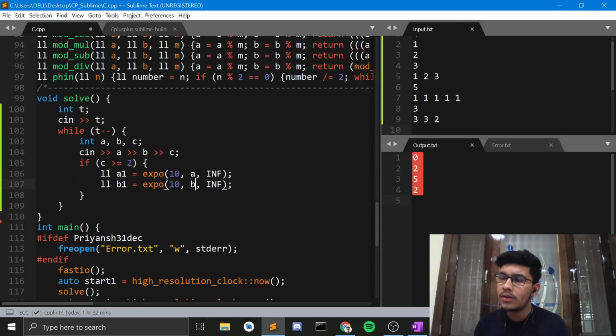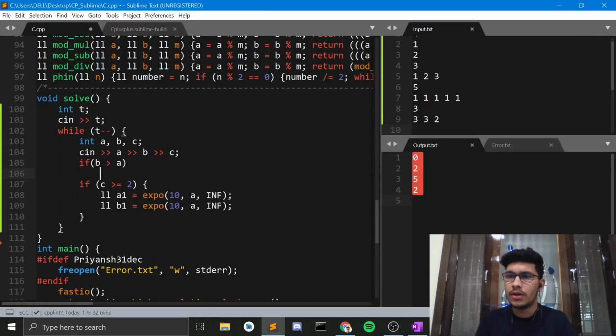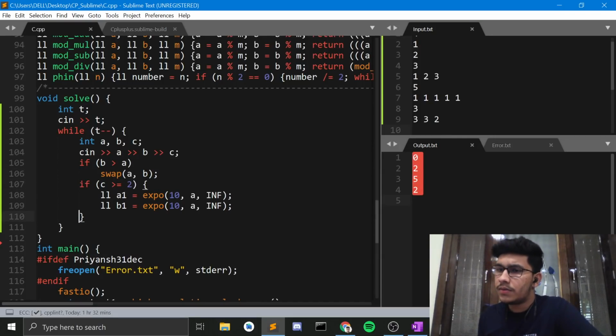Okay, then I need to multiply this b1 with a number that has how many digits? If b is greater than a, then you swap a, b. So